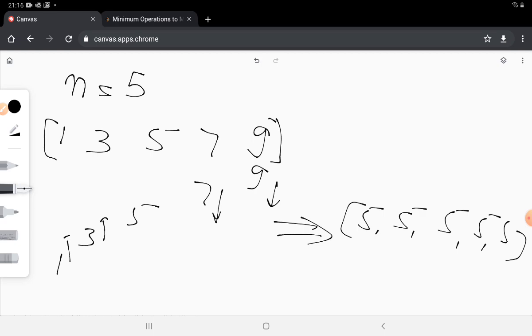So how can I achieve this? What I can do is I will do a plus 1 over here as one operation, and I will do a minus 1 over here. Then I can do again a plus 1 over here, and a minus 1 over here, and then I can repeat these steps so that eventually everything becomes equal to 5.